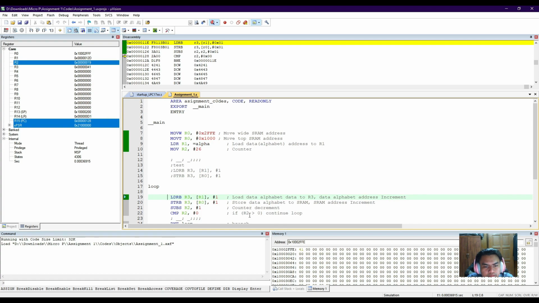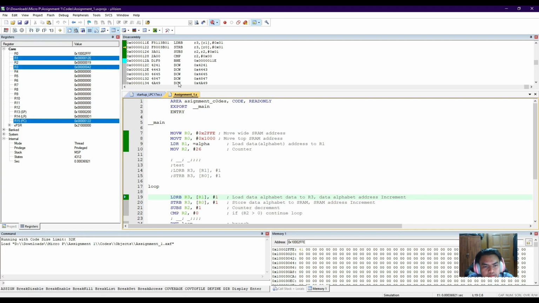And then if the value for R2 is still bigger than 0, it will do the loop. We just enter here, and the program counter will loop to load the data from R3. It will loop the data and enter the value into R3, load, and then it will store the data to R3,